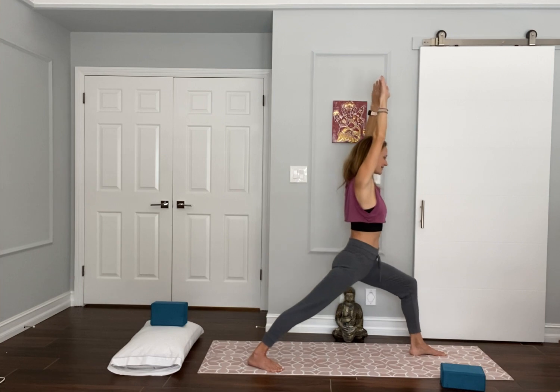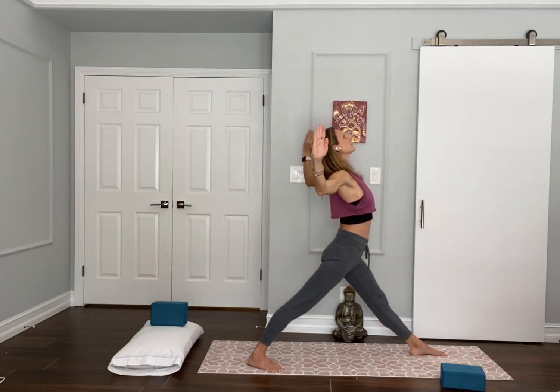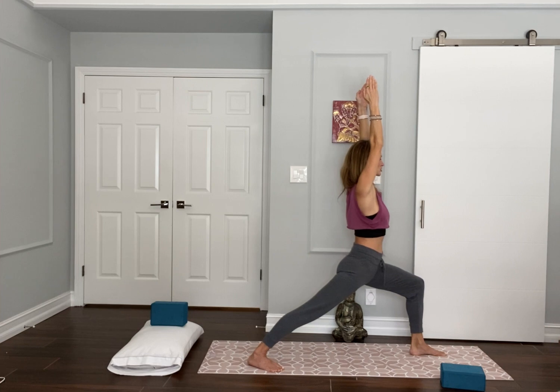Once more like this, on your own, you can just move at a pace that feels good to you, connecting to your breath, the rhythm of your breath. We'll all eventually pause here with the front knee bent, getting anchored, rooted, and at the same time, open, expansive,